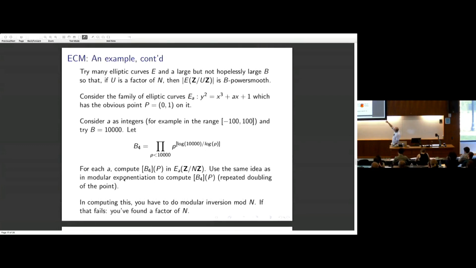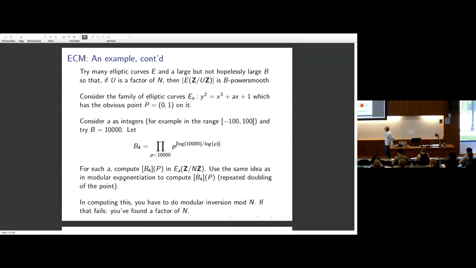So the curve y squared equals x cubed plus ax plus 1: if x is 0 and y is 1, that's a point for any a. Okay, so we don't really care much about this elliptic curve because we're going to try it, and if it works for us, we're going to keep it, and if it doesn't, we're going to throw it away. And we can pick integers, let's say, between minus 100 and 100,